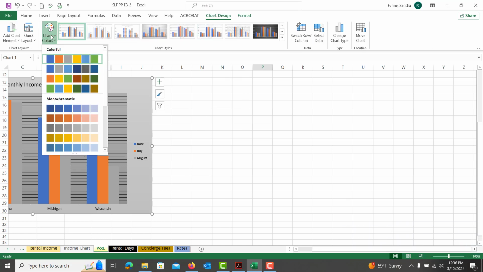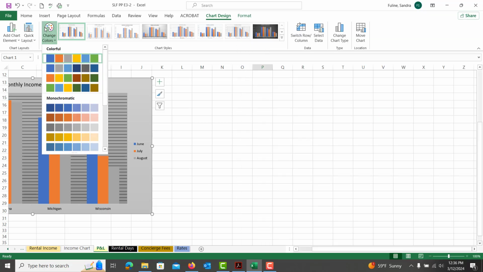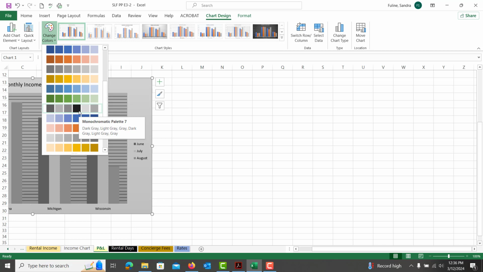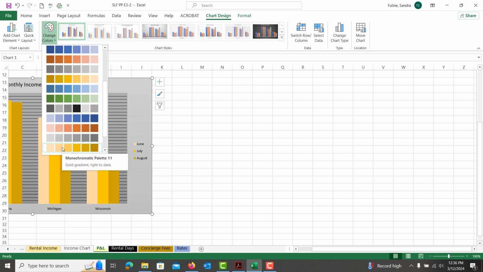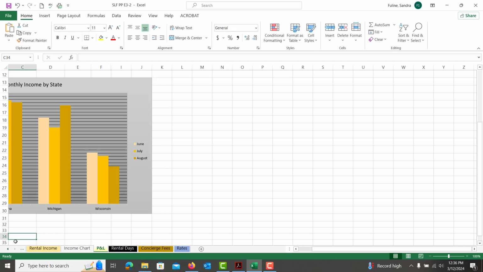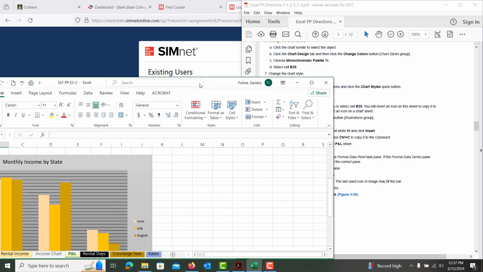We're going to click on Change Colors, and then we are looking for the Monochromatic Palette 11. And then it says to select cell B35 to deselect the chart. Once you find 11, you can do that, and then we're just going to click somewhere down here, B35, and then the next direction asks us to